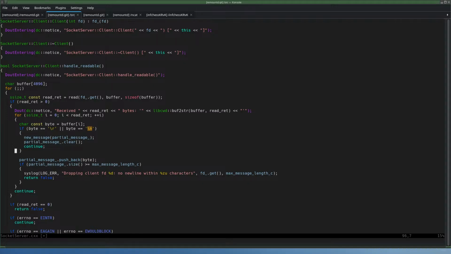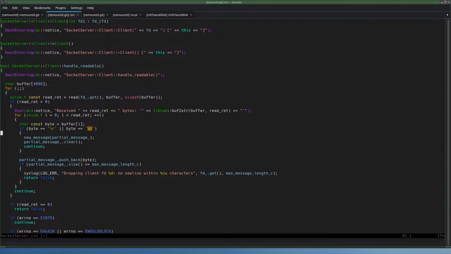Continue, and then if we read, so we see a new line. If we have only new lines, this works. If you have only carriage returns, this works. I also want to deal with receiving carriage return new lines. Then we have the new message upon the carriage return, and then the next new line should be ignored.